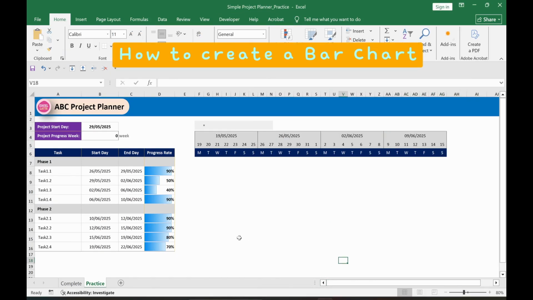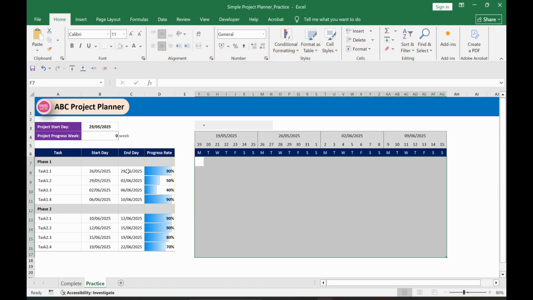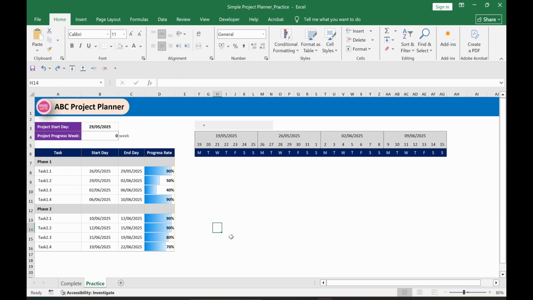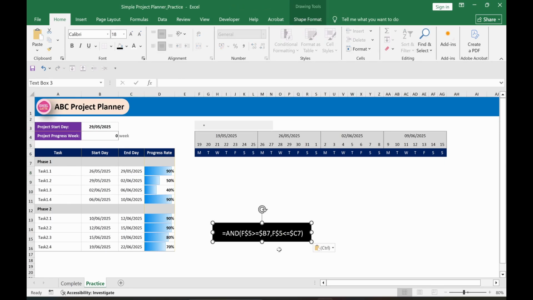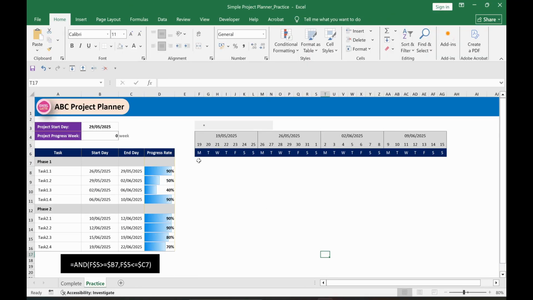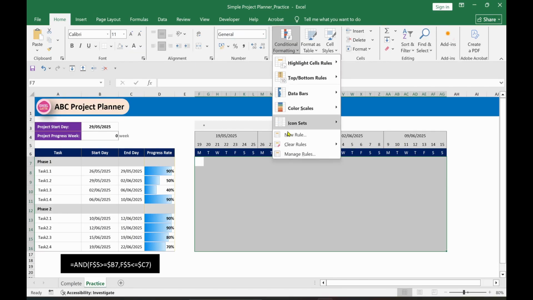The next part, let's create a bar chart inside here, depending on the given start date and end date. For that part, we need a special formula, which is this one. We already talked about it before. Then I will create conditional formatting for that area. Select the area, go to Home tab, Conditional Formatting. In this case, click New Rule,